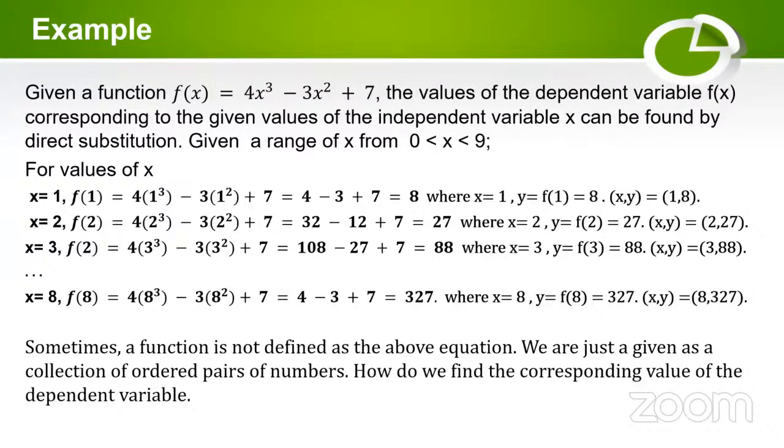We get f of 1 equal to 4 times 1 raised to the power 3 minus 3 times 1 raised to the power 2 plus 7. Computing this equation, we derive f of 1 to be equal to 8. So we can say at x equal to 1, our y, which is equal to f of x, is equal to 8. So by direct substitution, we are able to determine the range of our function f of x from